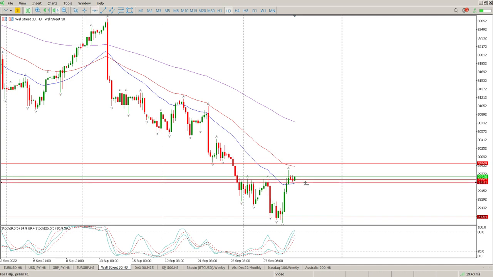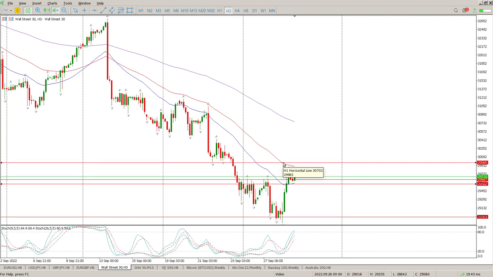I'm going to put a level there so we can see that on the 15-minute chart. This is the area that I would expect us to be rejecting, and I just want to fine-tune it. That's the area that I would expect us to reject. Then the second thing is,